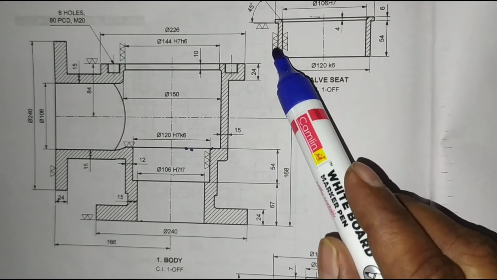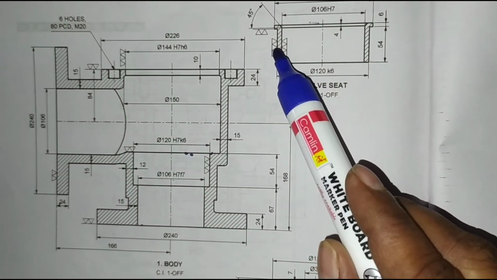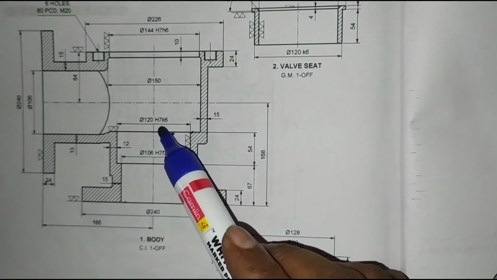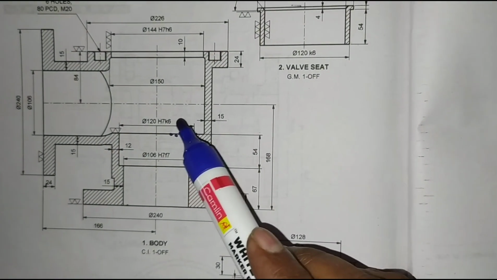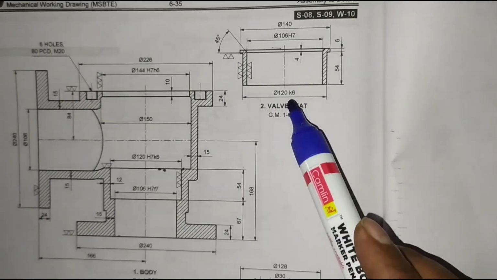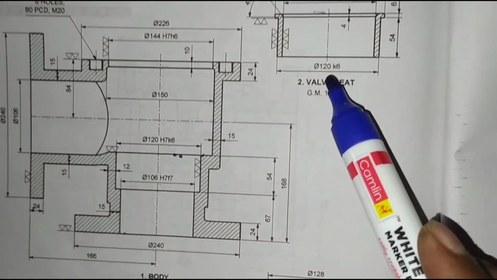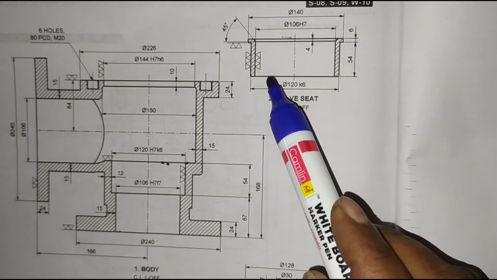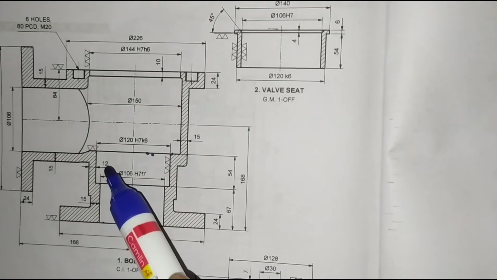It is a 3 triangle section, that is the roughness value. We have to find out the type of fit between 120, capital S7, K6. This is the K6. This will be the interference fit. It should be fixed in the body. Okay. Now this is fixed in the body.